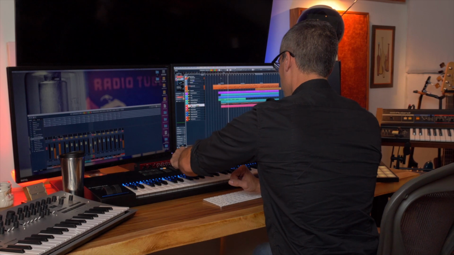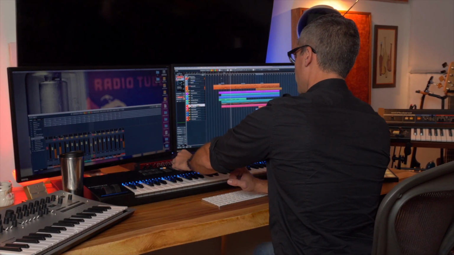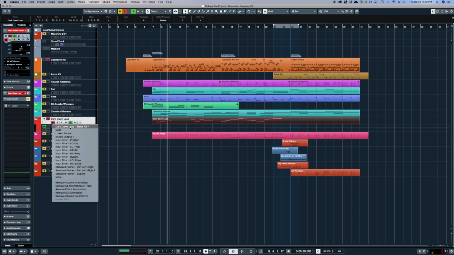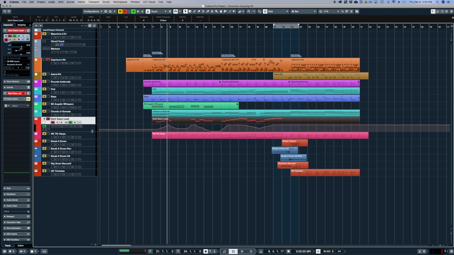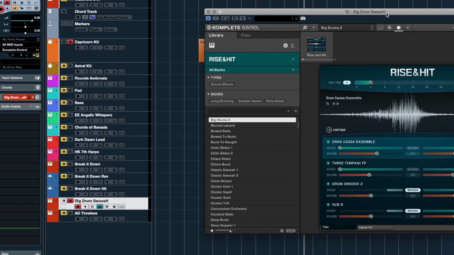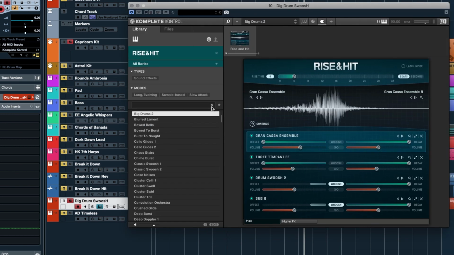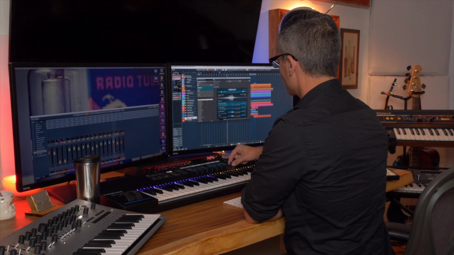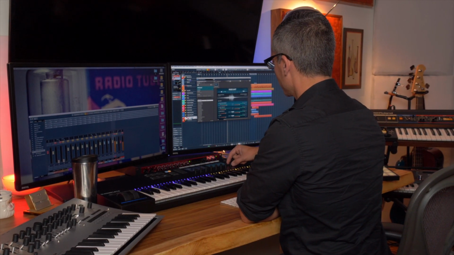And back it off. And then we can go over to the automation lane and see the blend in the automation lane in Cubase itself right here. On this one right here, I've got Rise and Hit, which is a library that's been around for a while, but I often wouldn't use it because it would take so long to find a good sound. And so now if you just go through,